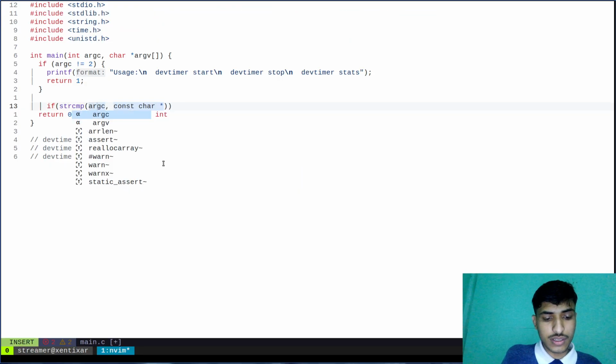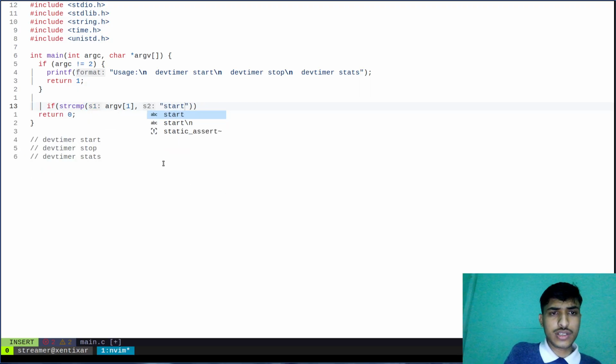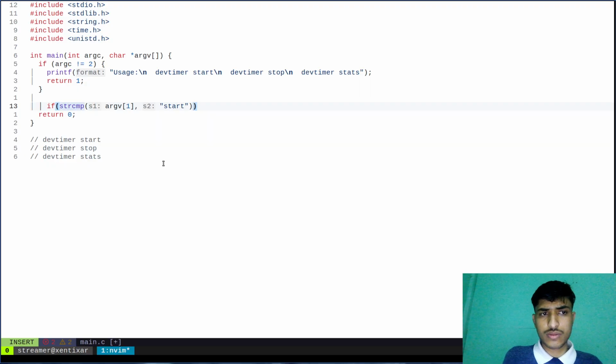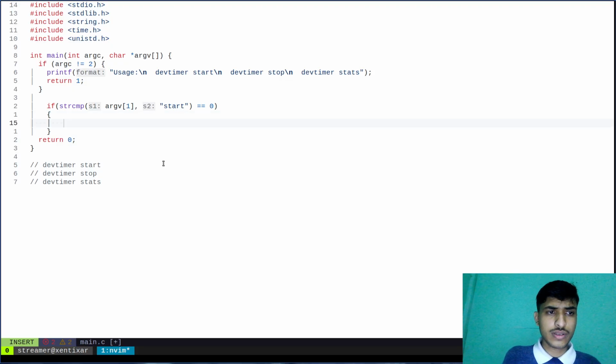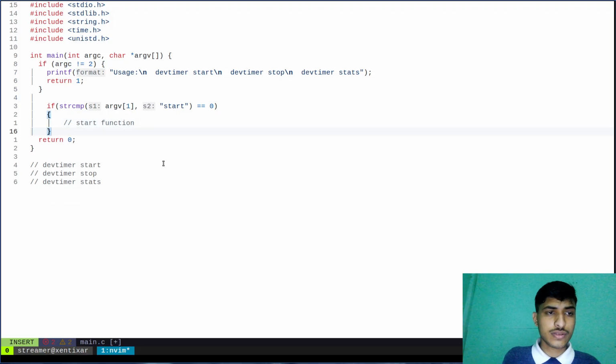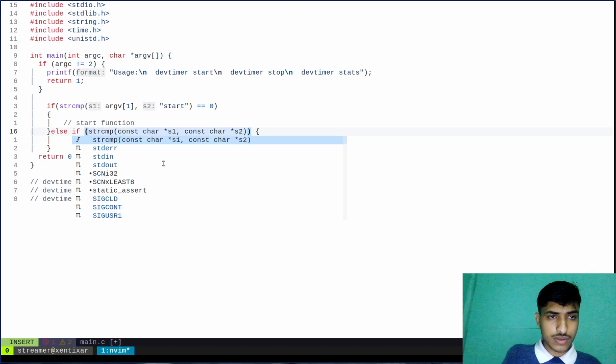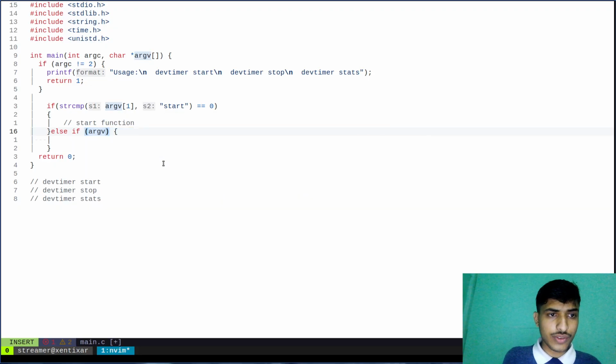If the argument value of 1 is start, so I think strcmp is equal to 0, right? So here we will have the start function. So else if argument value of 1, sorry,